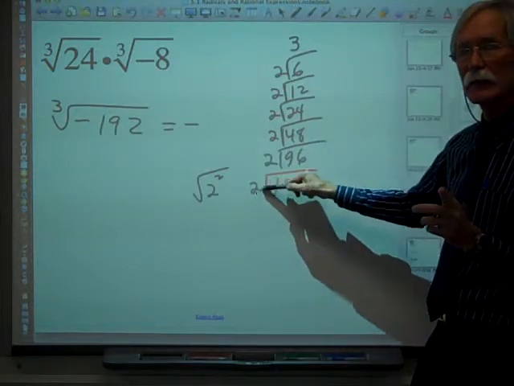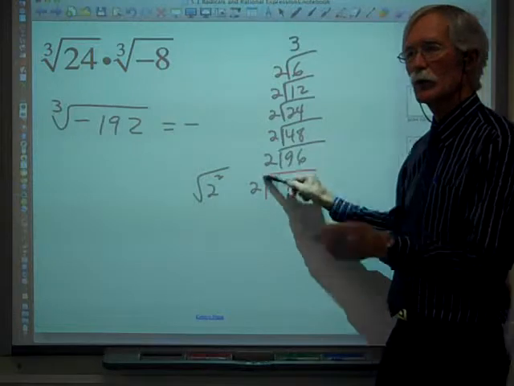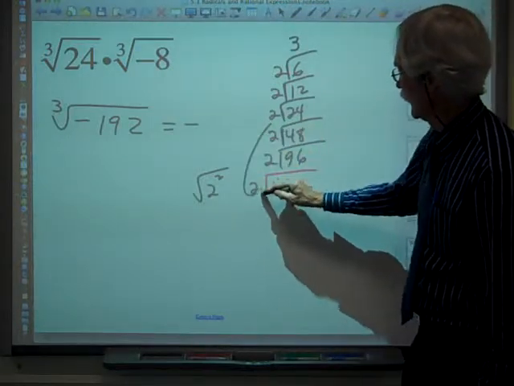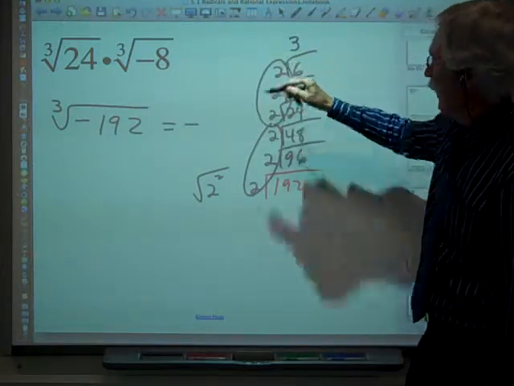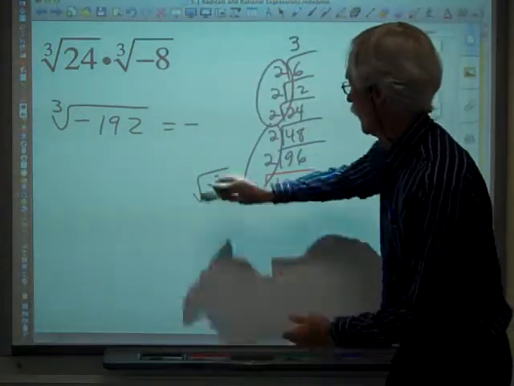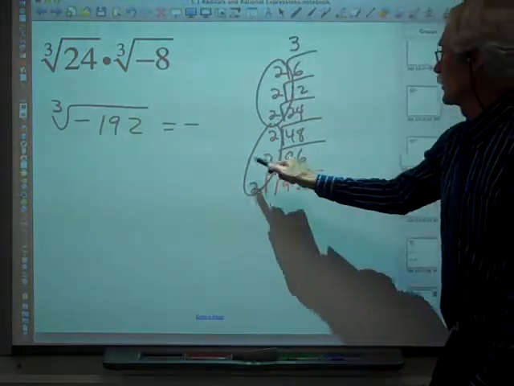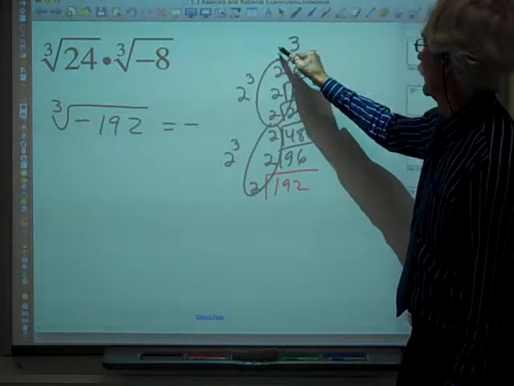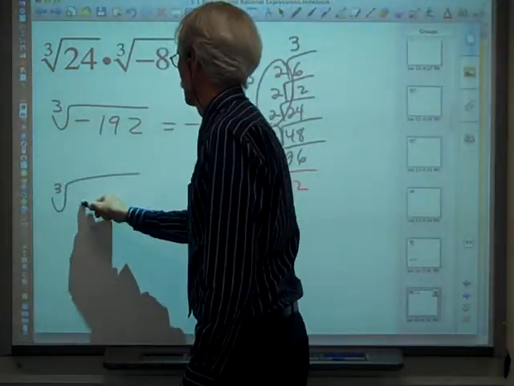Group them in 3s, and then would that be a 2 cubed? And what's a cube root of 2 cubed? Cancels nicely, right? So, yes. 2 cubed. Aha. So there you go. So this will be 2 cubed. That will be 2 cubed times 3. So it's the cube root of